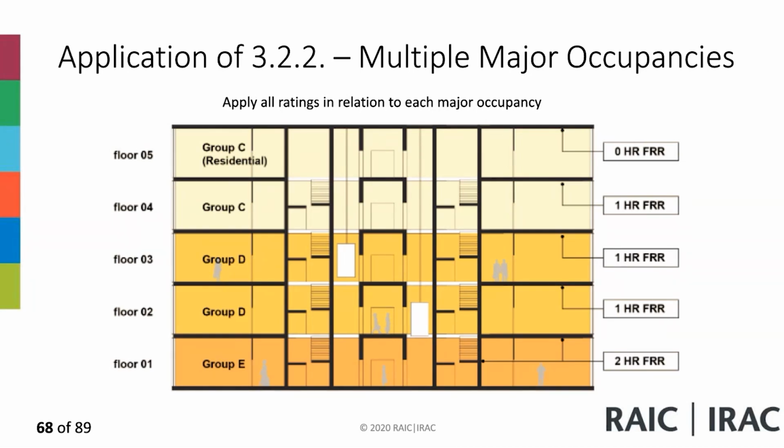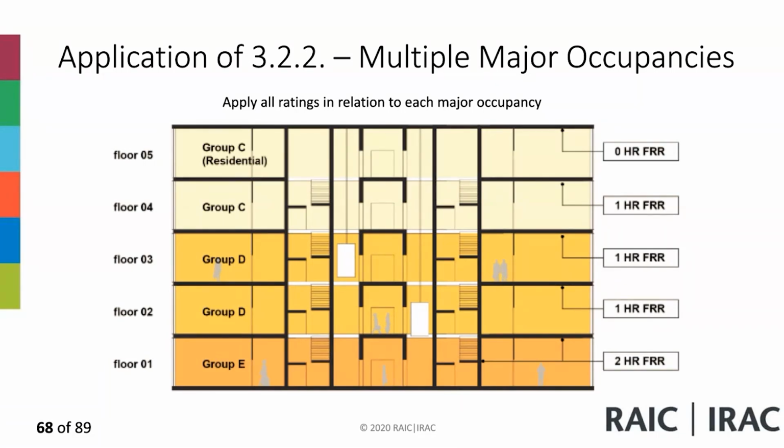And right before it, it tells me that in a building in which one major occupancy is located entirely above another major occupancy, the requirements in the subsection for each portion in the building containing a major occupancy shall apply to that portion as if the entire building was of that major occupancy. So what that tells me is that I can take a group, I know that the group E is on the ground floor, but sentence 1 of 3227 tells me that in order to address the type of construction and the requirements for floor and combustibility and sprinklering, I need to take a look at this building as if it is